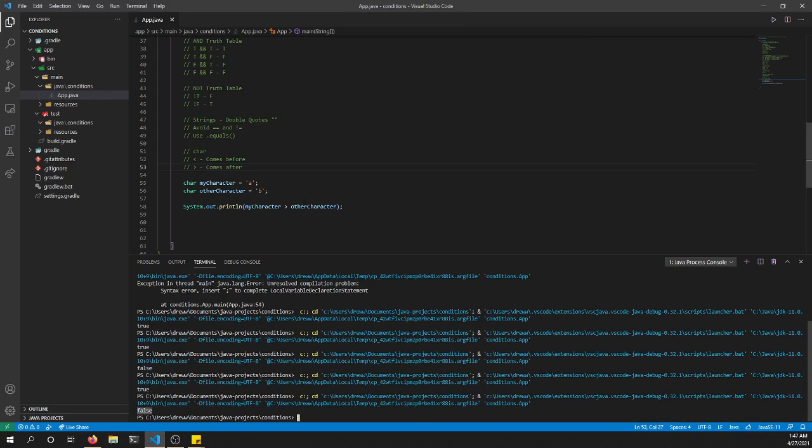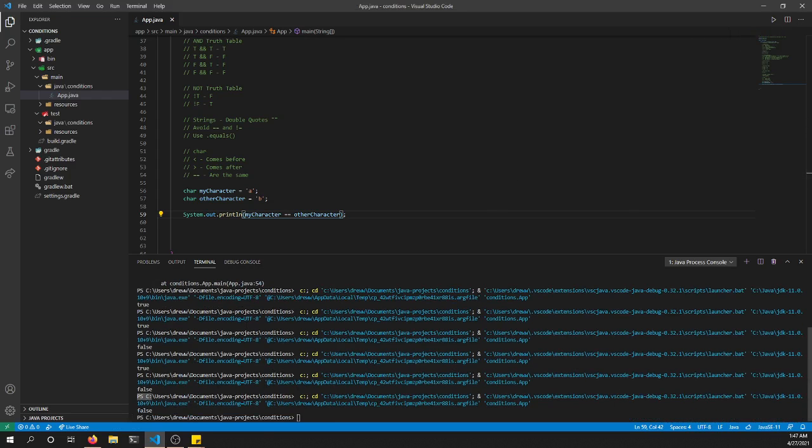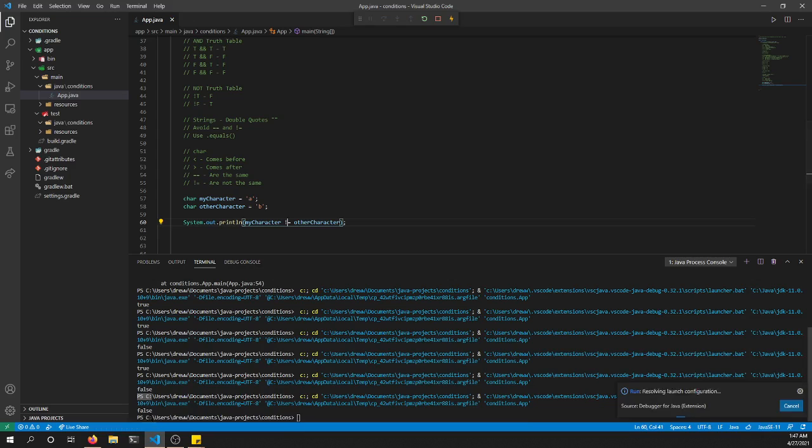Okay, so that makes sense. Equal is, are they the same? So are these two equal? Is A equal to B? No, so we should see false here. And that is false. Then we have not equal, are not the same. And so we can test this one, and we should get that is true because they are not the same,